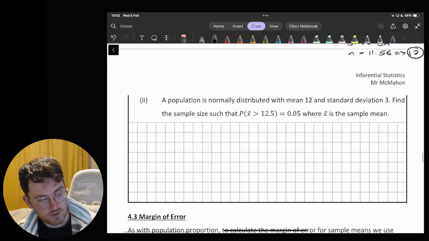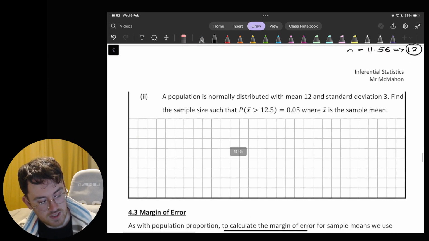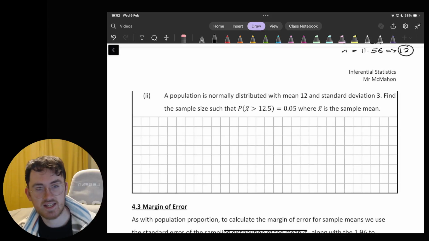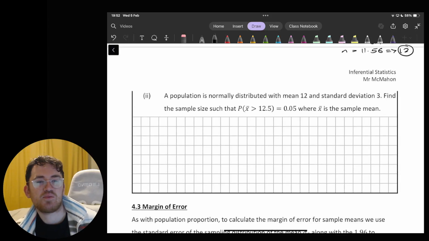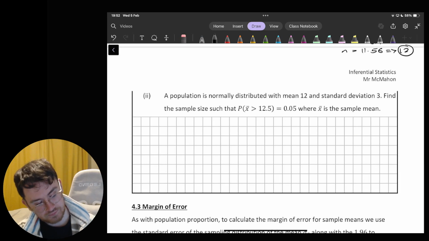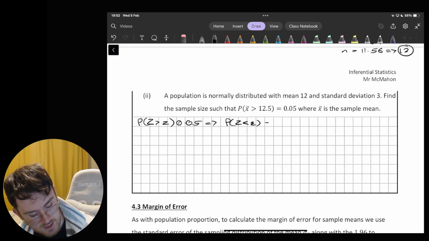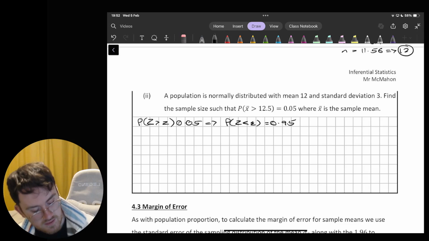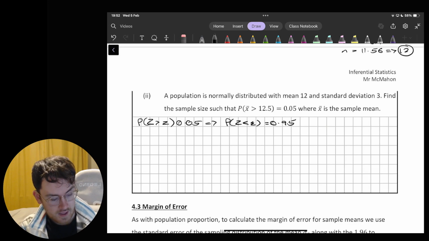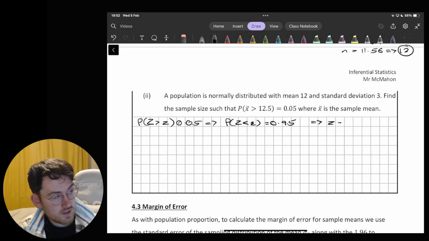A population is normally distributed with a mean of 12, standard deviation of 3. Find the sample size. We're looking for sample size again, same thing again, where x bar is the sample mean. So we'll fly through this one, same idea again. The probability that Z is bigger than some particular value is 0.05, which means the probability that it is less than that value is 0.95. Okay, that is going to give me a z-score value of